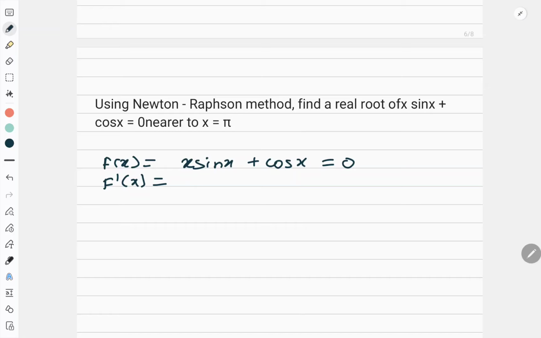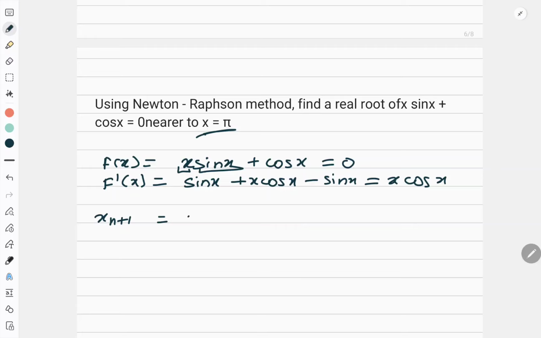I should not start with that. They are mentioning it. In the previous question x naught was 4.5. Now here it is pi. In your calculator, you can see the pi is there. You have to use it with shift, or in fx system, it is with alpha. Okay. Now differentiate it. Apply the product rule. Differentiation of x is 1. So sin x. Differentiation of sin x is cos x. Differentiation of cos x is minus sin x. So I got x cos x. Right? Iterative formula: xn minus (xn sin xn plus cos xn), and I am very particular about my brackets.